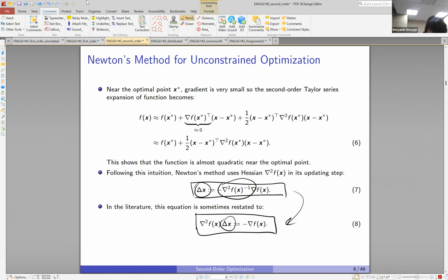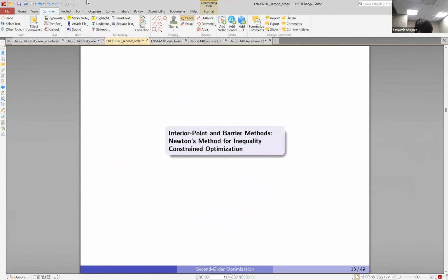Here, in equation 6, we did the second order Taylor approximation for f of x, as justification for Newton's method, the unconstrained Newton's method. Do you remember that? In the previous session, we did that. Similar to that,